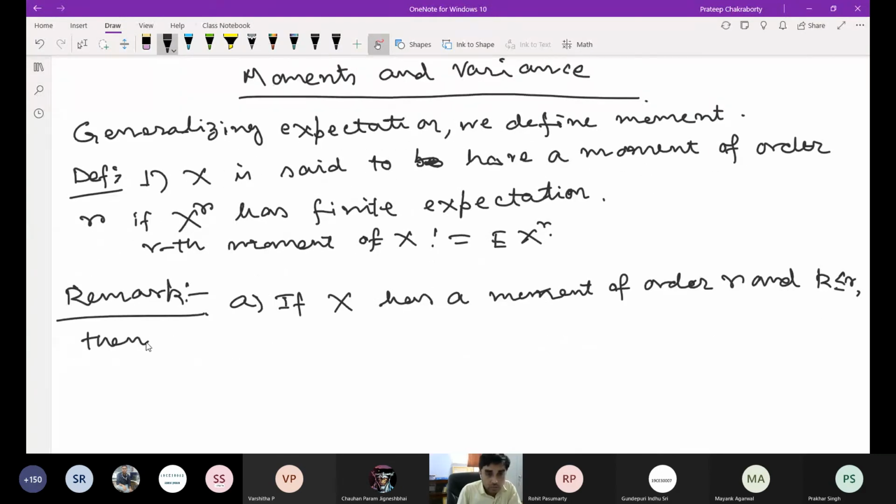So anything less than or equal to r has a moment, has finite expectation. So the proof will be